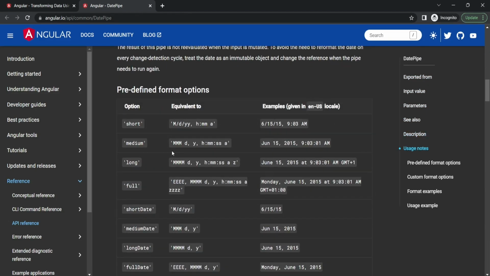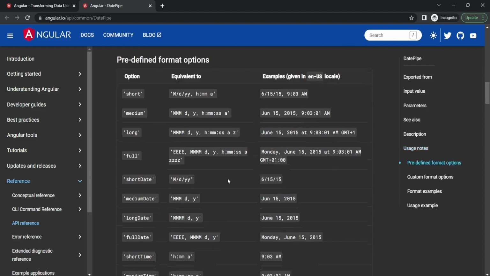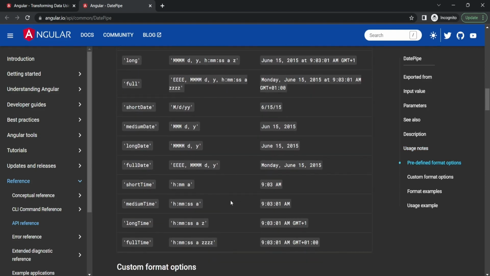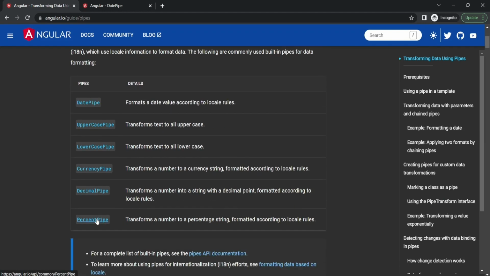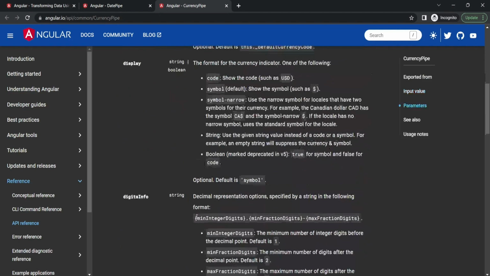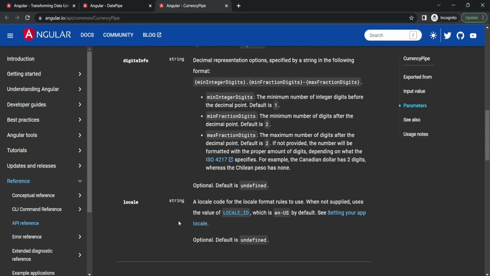You can also do formatting. These are the options like short, medium, long, and this is how it will look. They have given this information on how you can process the date value. Similarly, if you want to know more about the uppercase, lowercase, percentage, decimal and currency pipes, you can go to the Angular documentation, and on the documentation page you will learn more about the supported options and